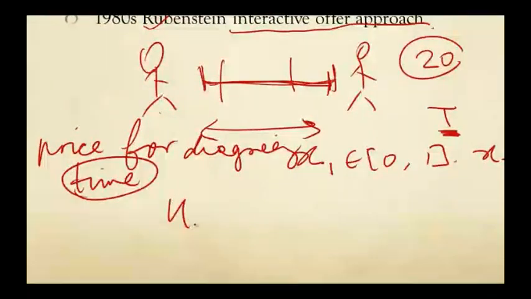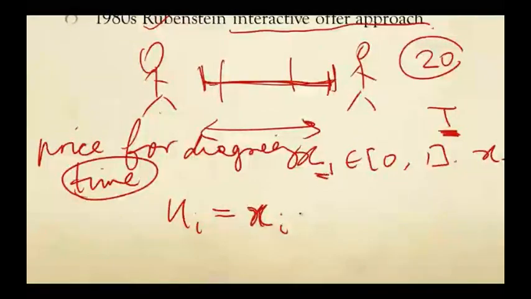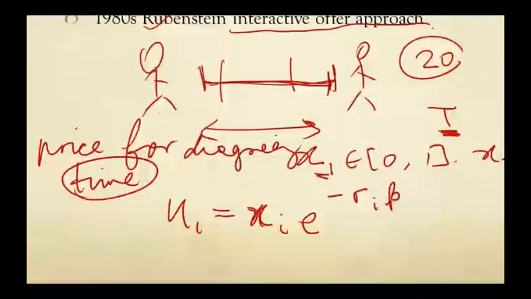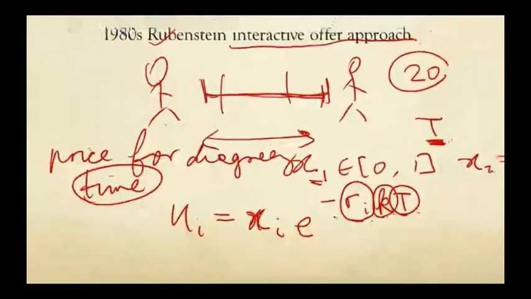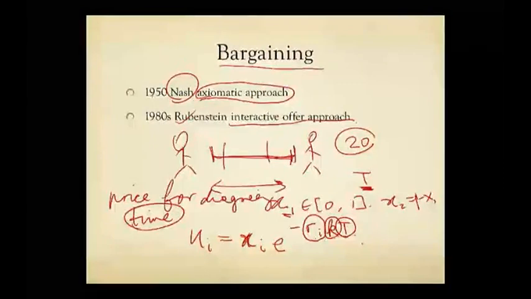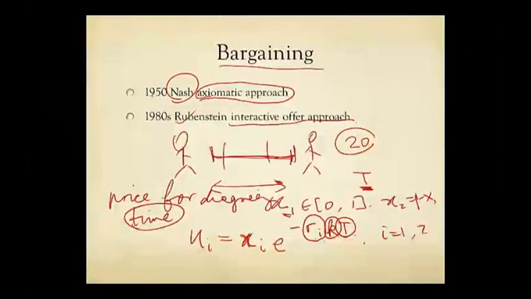Okay, you really would like to conclude the deal and reach a consensus. So we're going to say each of these two users' payoff function or utility function u sub i equals x sub i, that is how much you get, times an exponential function e to the minus r_i k t. T is the duration of each time slot. K is what time slot are you talking about right now? Is it the 10th or the 100th time slot? And r_i is a bargaining power parameter. We'll see its impact momentarily, and this holds true for both the first and the second user.